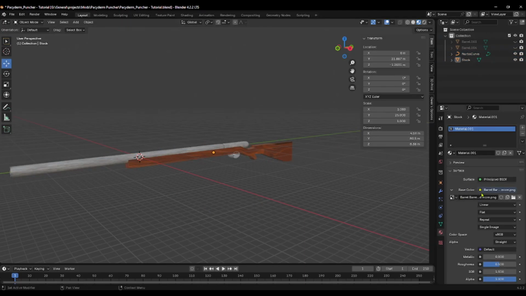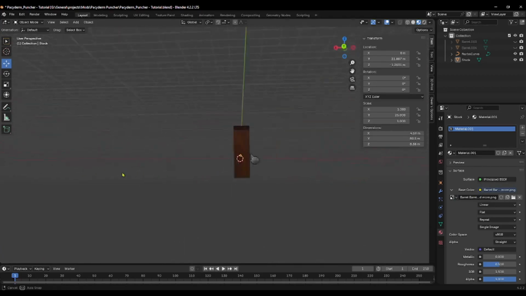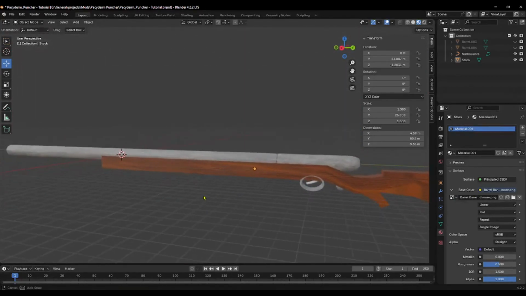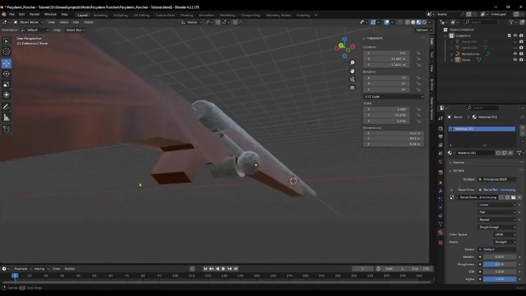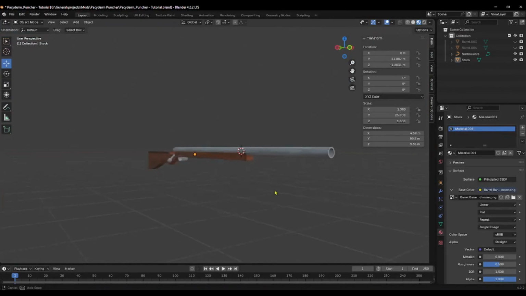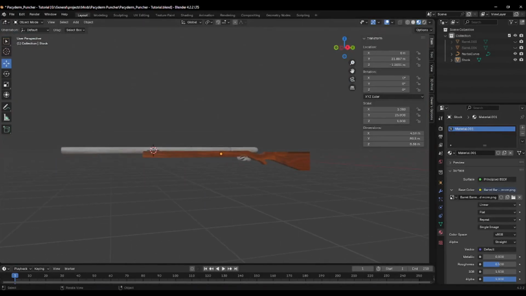If I go to the material tab, we've got that material with the image loaded onto it, and you can see a lovely little, totally not horrible model with texture. Okay,